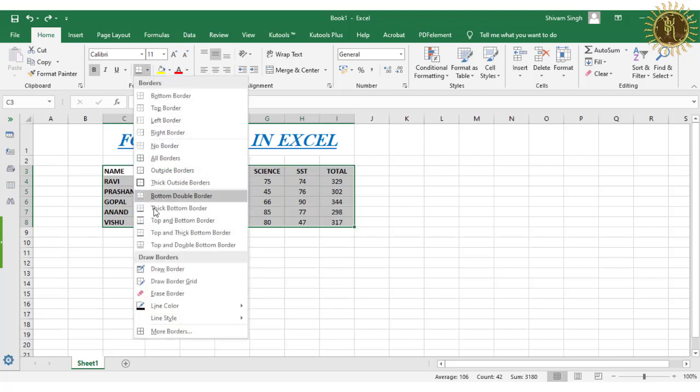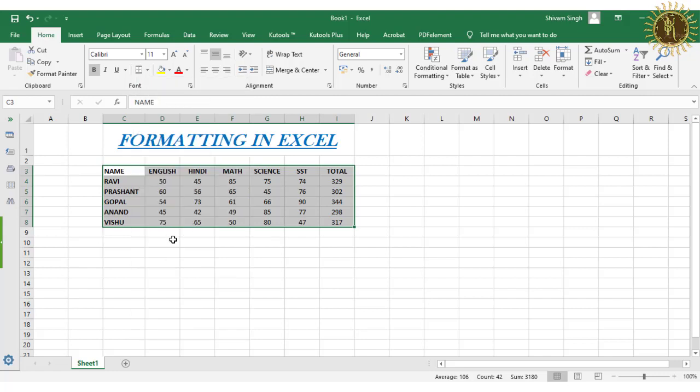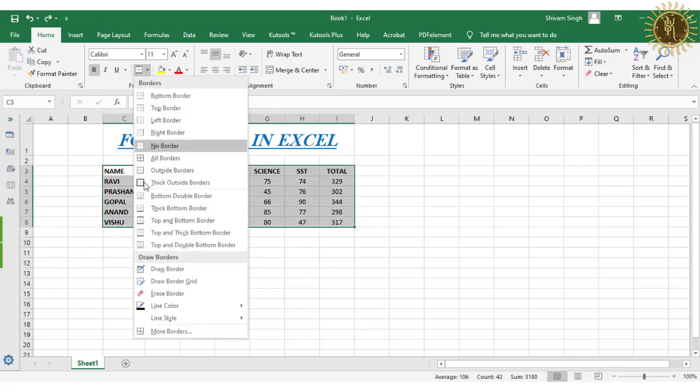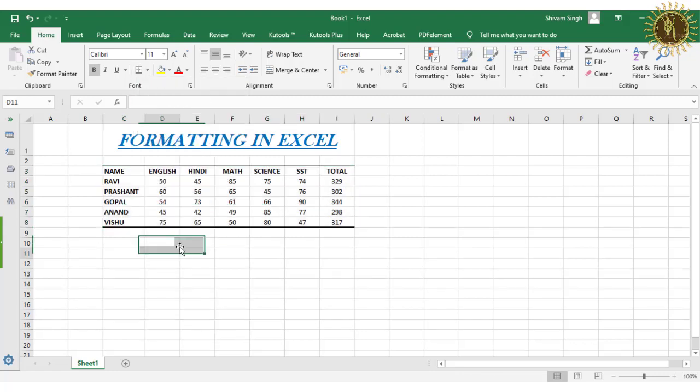Then top and bottom border, this is the top and this is the bottom border. Then top and thick bottom border, so this is the top and thick bottom border.